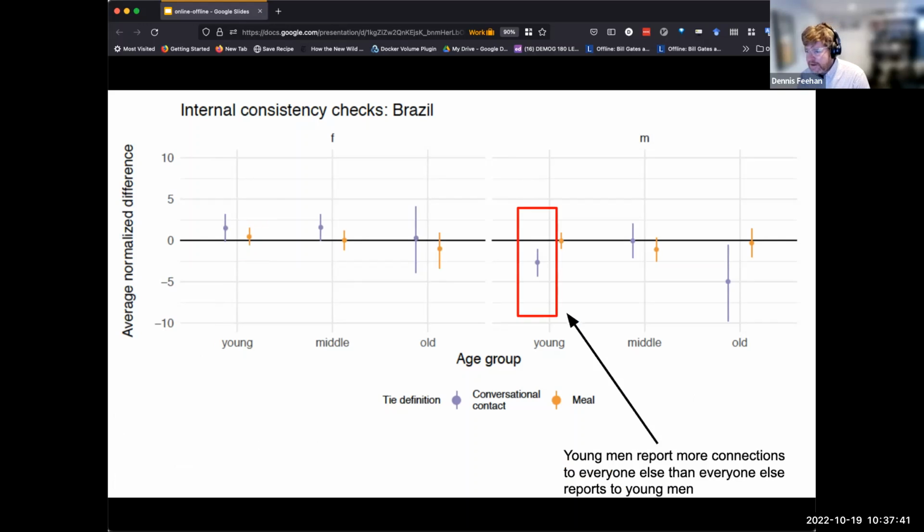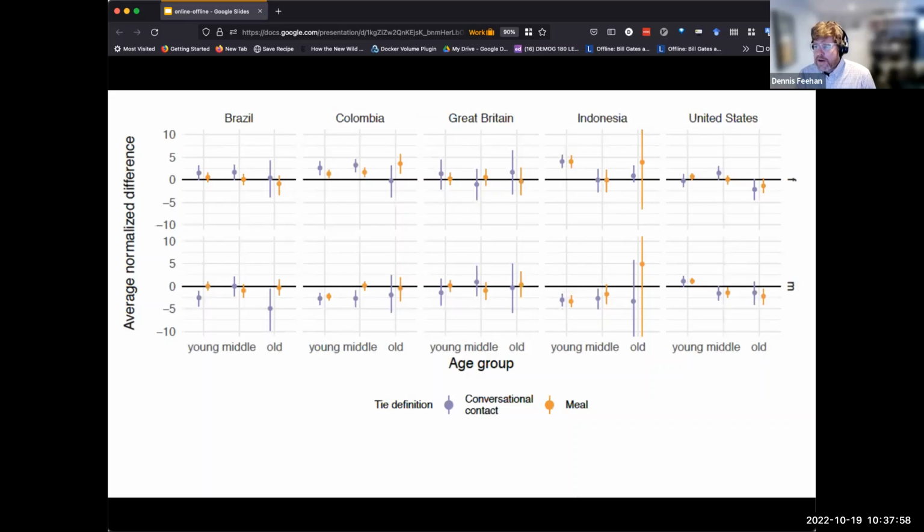On the other hand, here we see that for young men, it looks like young men report more connections to everybody else than everybody else reports to young men. So something is not perfect here. At least one of our assumptions has got to not be going through for this particular group. When we look across all of the countries in our sample, we see that in a lot of cases these confidence intervals do include 0, which is what we'd most like to see. But there are some notable cases where there's a suggestion of some kind of reporting error, and I tried to